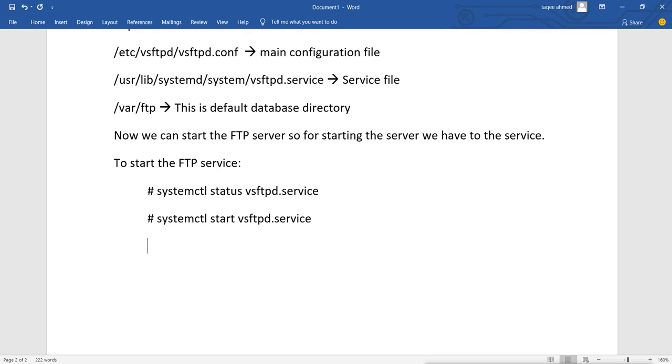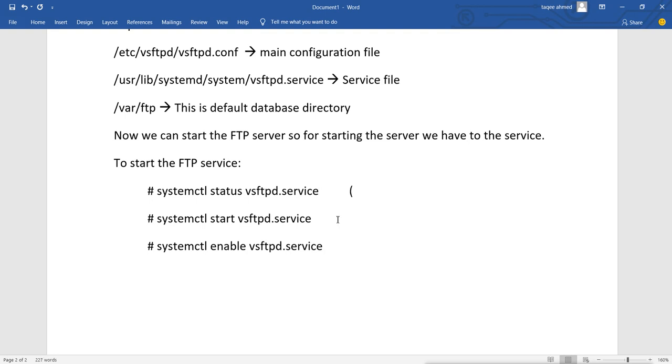So if you want your service to always run, you have to make sure the service has the default enable option. You can just run the command systemctl enable and the service name. It will make the service default enabled.